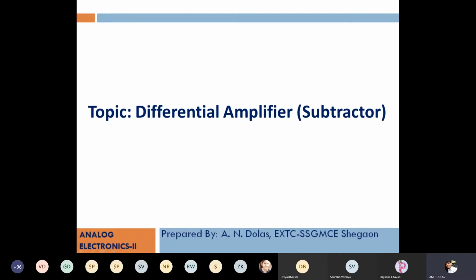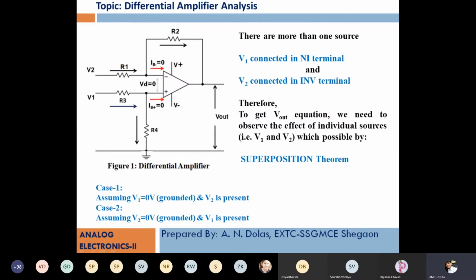And good morning again. We'll start with the topic of the second unit, which is the differential amplifier, which can be operated in the mode of subtractor. In mathematics, we need many operations like addition, subtraction, division, multiplication, out of which we have seen addition, averaging, and the summing amplifier. Here we'll see the subtractor. For that, we need one input of polarity minus and one of polarity plus. So we'll be using the differential mode of operational amplifier, wherein both the terminals are fed from a source.